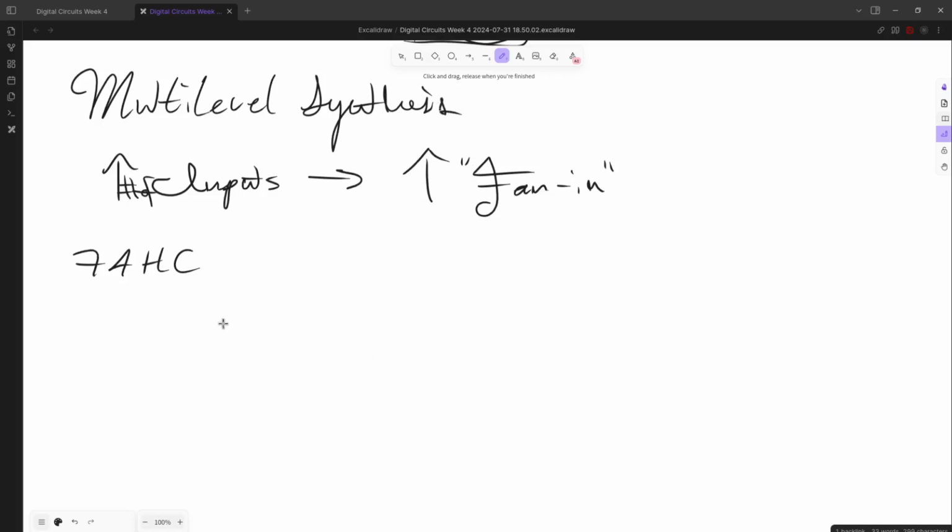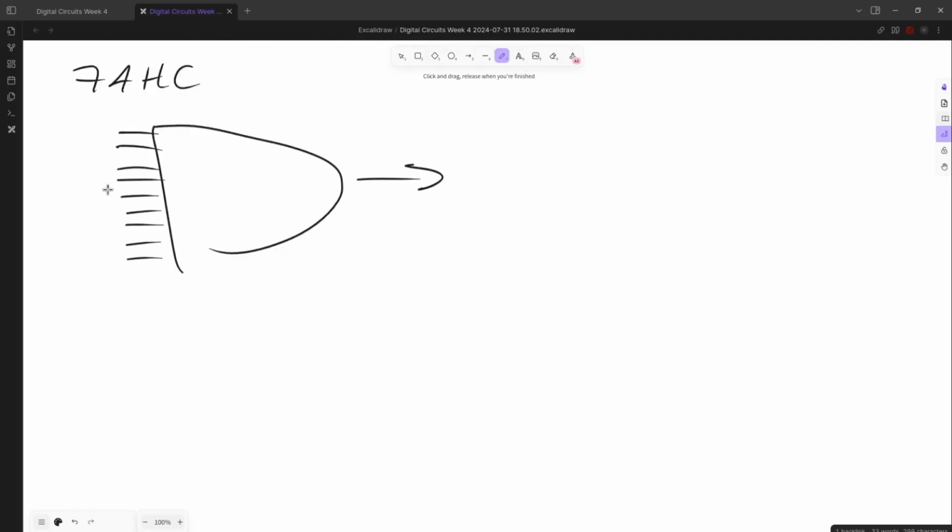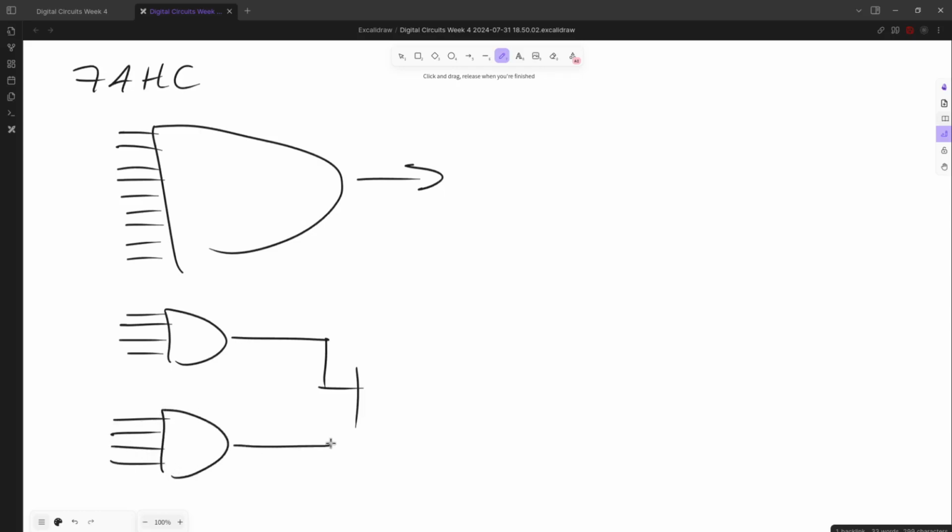So when you are making something with a huge amount of inputs, instead of having one big AND gate, what you might want to opt to do is split the inputs up. Make a 4 input, and then you take another 4 input, right? And then you could take a 2 input here. Actually, how much do I have? Yeah, it's 9 input, but hold on, I'll make this a little bit more accurate. You have a 3 input, you have a 4 input, it's a 9 input, okay. There we go. You have a 4 input, you have a 2 input, you have a 3 input, and then those go into a,